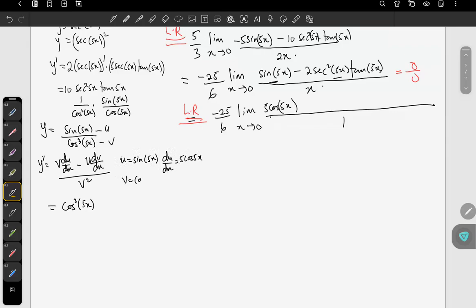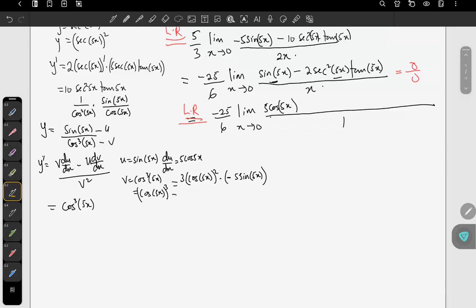And if v is equal to cos cubed 5x, then dv/dx, because this is cos 5x raised to power 3, is going to be 3 cos 5x squared times the derivative of cos 5x, which is minus 5 sine 5x,